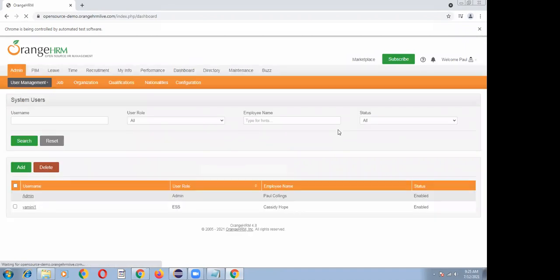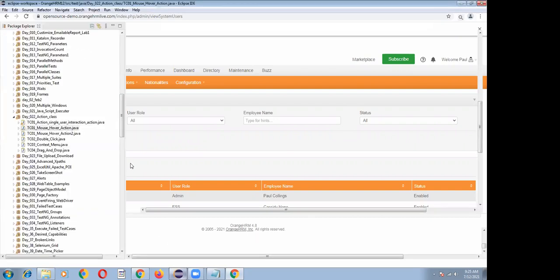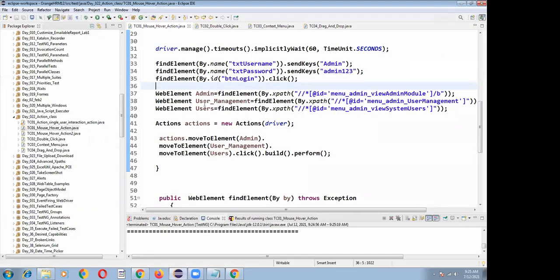See, it's clicking directly on Users. It's not doing admin.click, user management.click, users.click. It's clicking directly on the users. So whenever you want to handle any mouse menu operations, you need to create the web element objects, and wherever you want to perform a click operation, you can perform it.